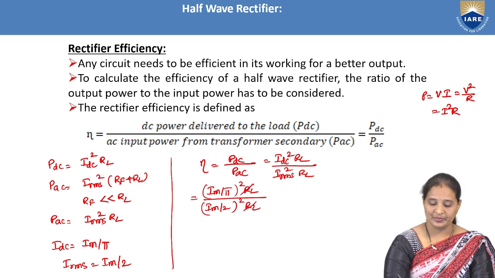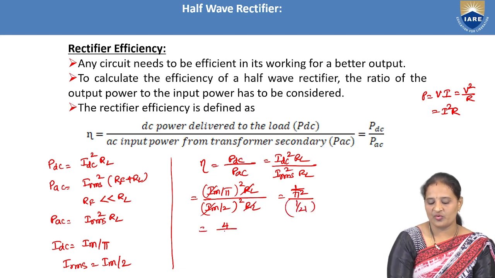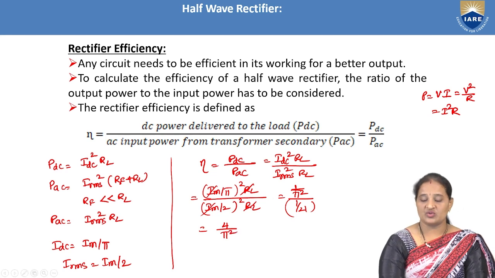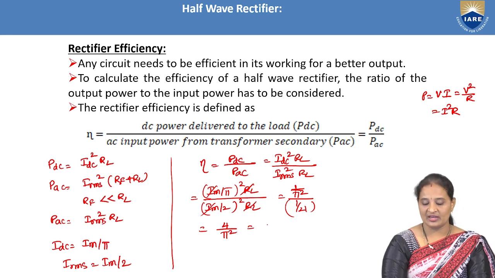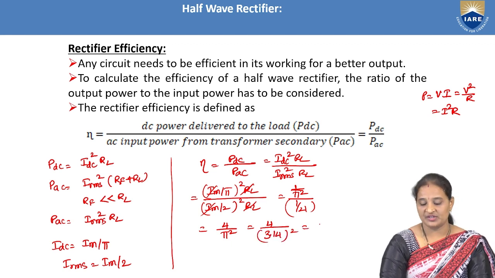RL gets cancelled and Im gets cancelled. So here 1 by pi square divided by 1 by 4, we get 4 by pi square. If you calculate 4 divided by 3.14 whole square, you get the efficiency as